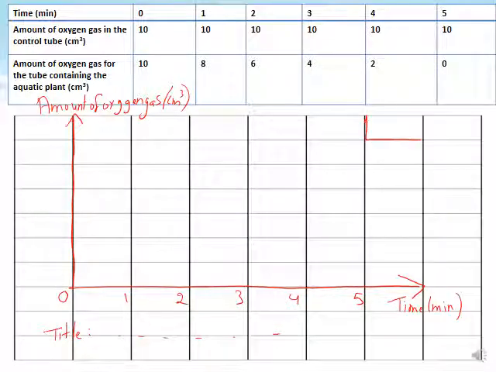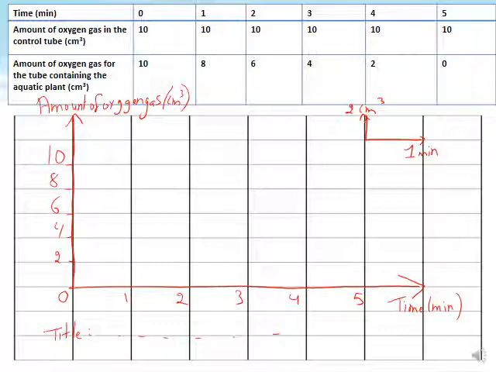Every box here is 1 centimeter and 1 centimeter. Okay? So 1 centimeter represents 1 minute on the x-axis. On the y-axis, let's take 2, 4, 6, 8, and here is 10. So every 1 centimeter represents 2 centimeter cube. Okay, so let's start. We have two